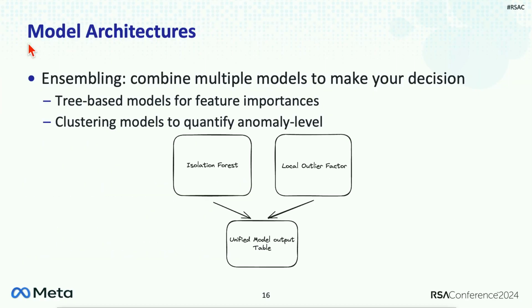And we'll start with model architectures. I like to use a technique called ensembling. That's where we actually take 2 models, and in this case, both models have to agree that something is an anomaly for us to actually consider it as an anomaly. We found this naturally reduces a number of the escalations that we create.